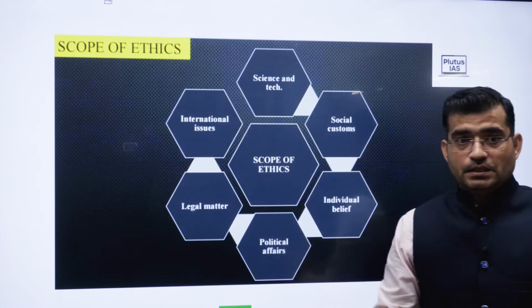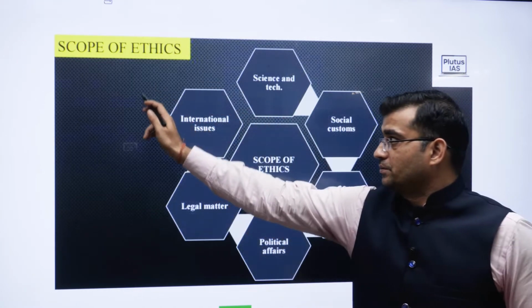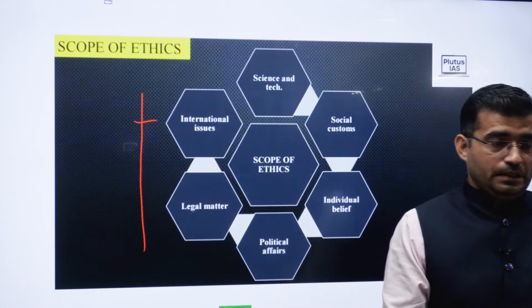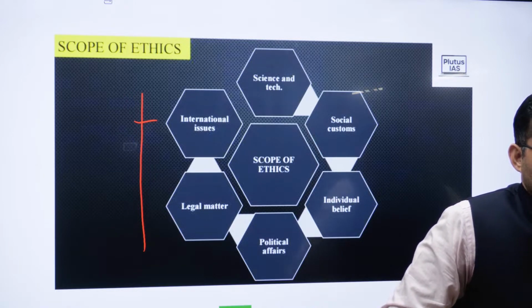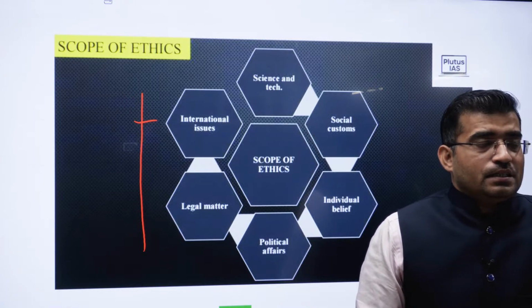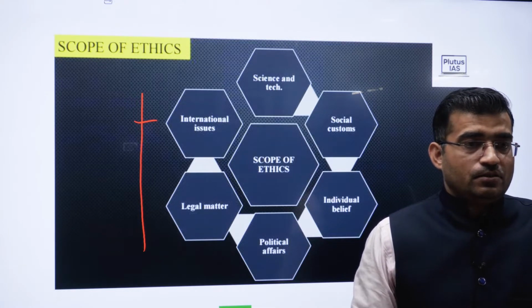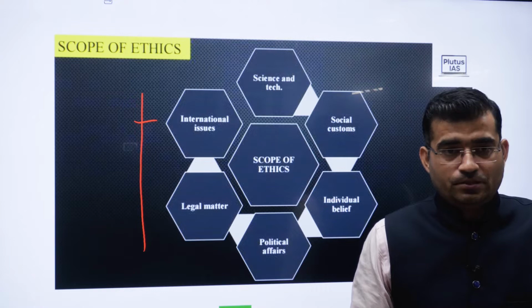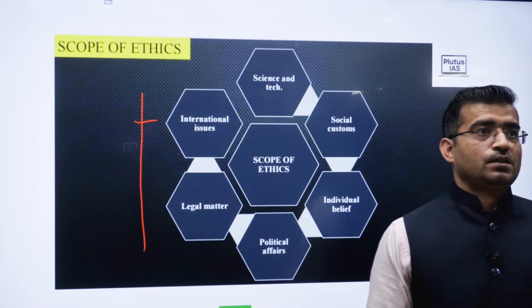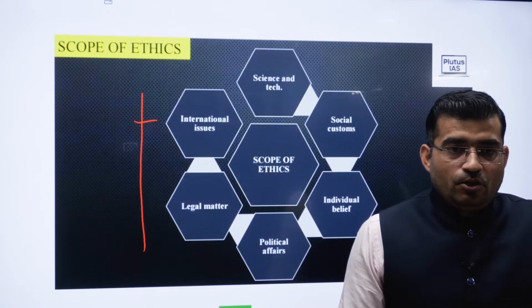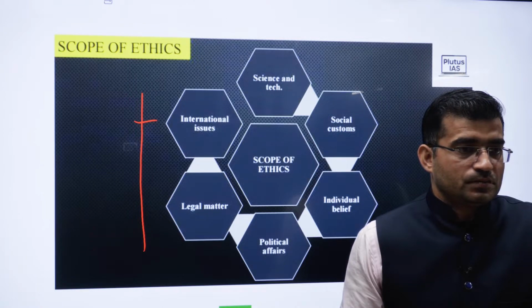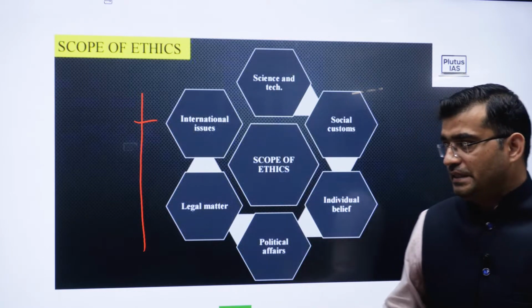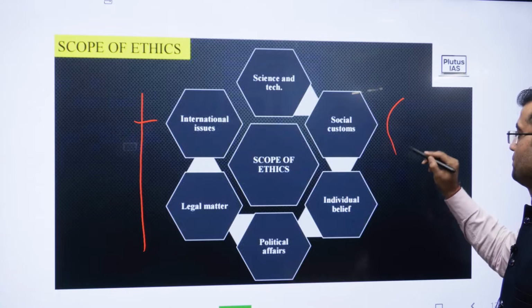Make another point, that is scope of ethics, and just list about it. First of all, explain a line. What is a scope? Heading: scope of ethics. A scope implies the limitation or extent of ethics. Limitation or extent. Suppose